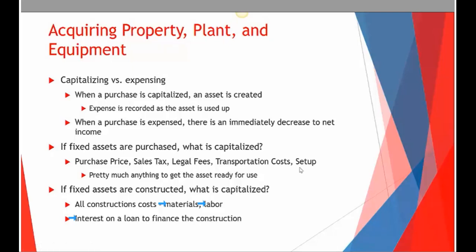Whoa. Do you know why that is? Do I know why that is? Do you know why it is? I'm just trying to stump you. I guess I can think about it a little bit. But I think it's probably because you're purchasing the asset when it's already completed in that second situation, versus the first one, where you're really building it throughout the process. I would think the seller would probably already include their interest costs in the price that they sell to you, so it's already being paid for.